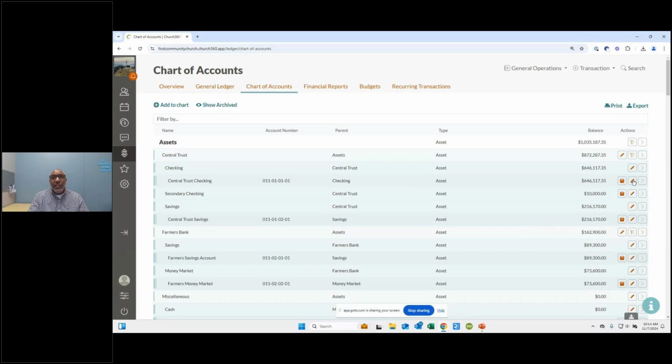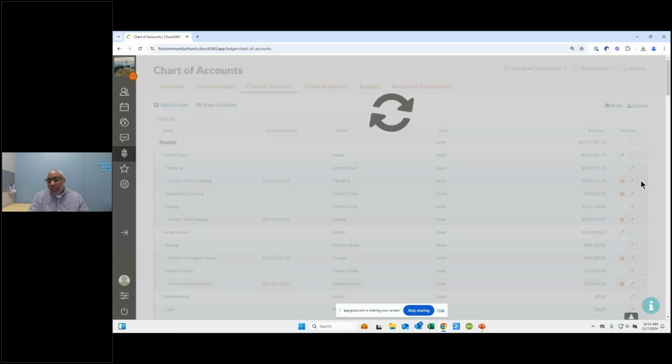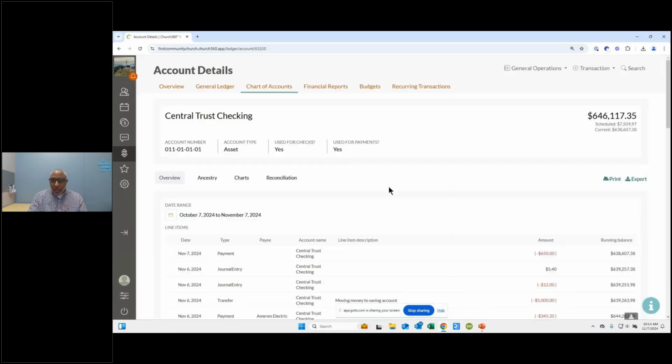So like this is Central Trust Checking. I can click this caret right here. That'll jump me over to here where I have print and export options, where I can also filter based on a date, and I can just see the transactions based on this account. So even though I start at a place that is just showing accounts, I can go to another place and view more and additional information at that point in time.